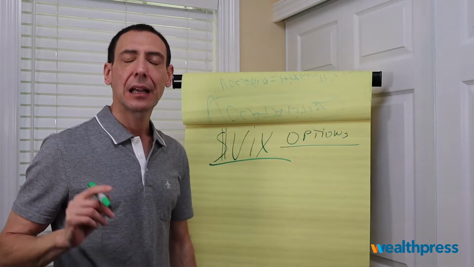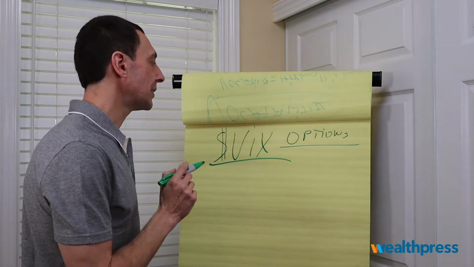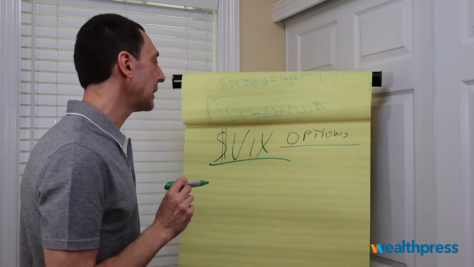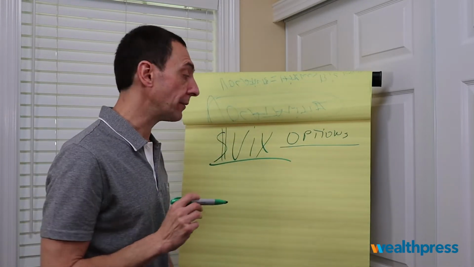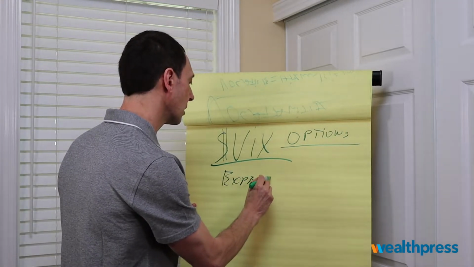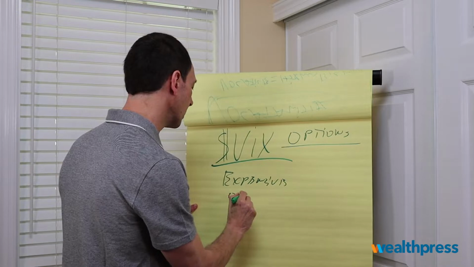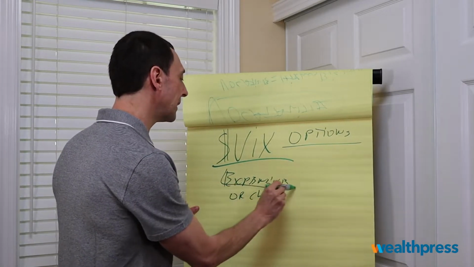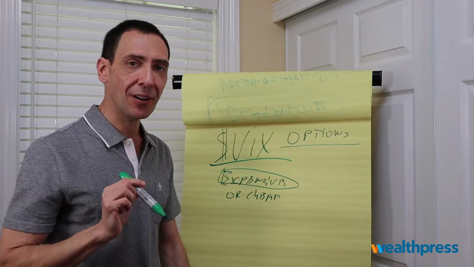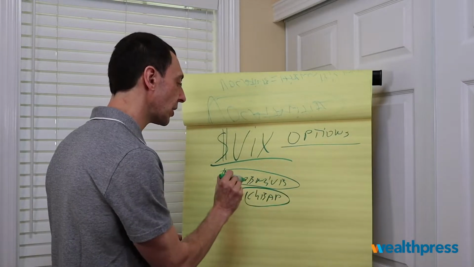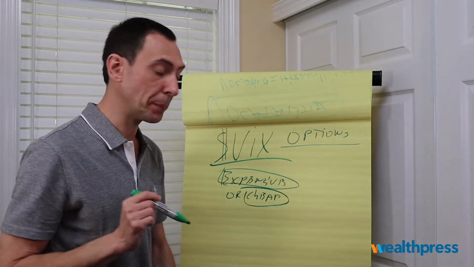What the VIX does with the S&P 500 options is it tells us if those options are expensive or if they're cheap. And if they're expensive, that means there's a higher odds that the stock market is not going to go up. And if they're cheap, there's a good chance that the stock market will go up, because